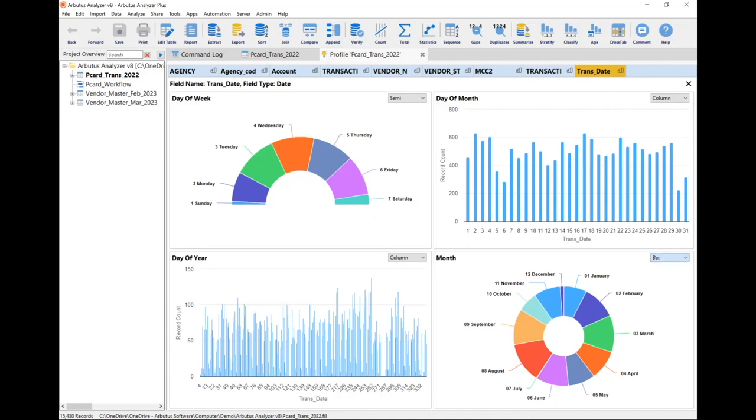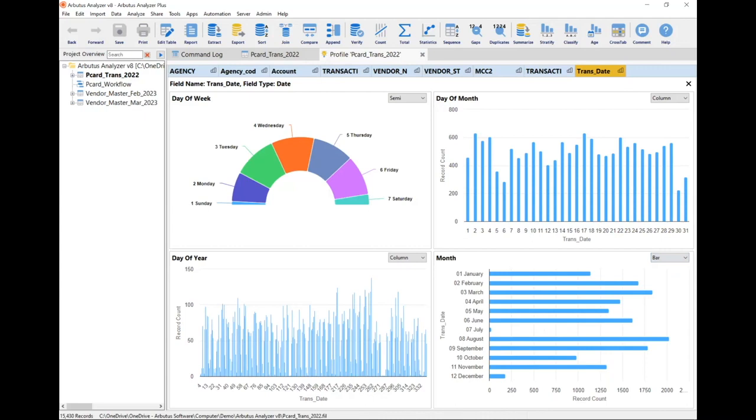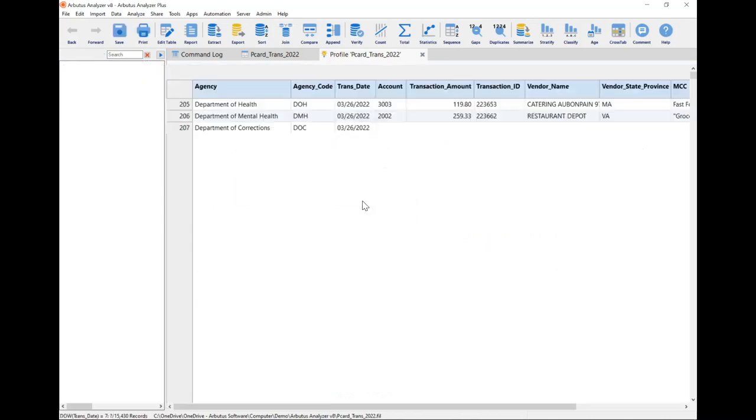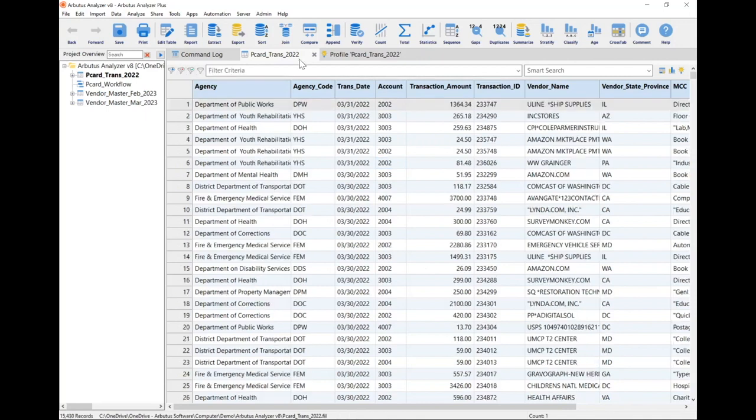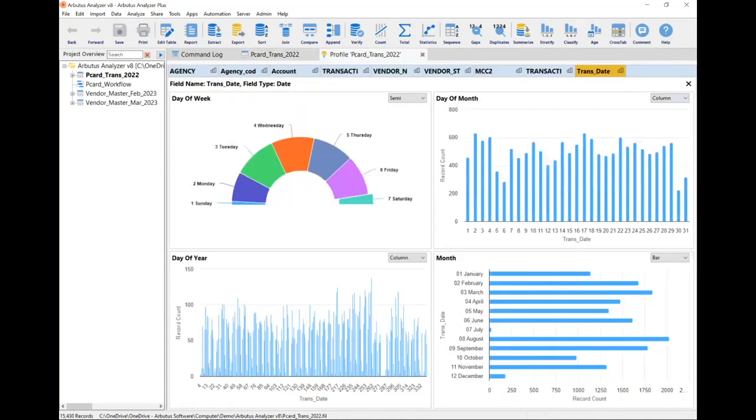I can adjust any of these graphs according to my preferences. Here, bar graph gives me a better view of what stands out. And these are all dynamic. So I can just very quickly click on any of these visualizations. Analyzer applies the dynamic filters, narrows my view to the data that I'm interested in, and I can take it from there. And the same ability exists for logical fields as well, if you have any within your data. So really giving me this interactive interface